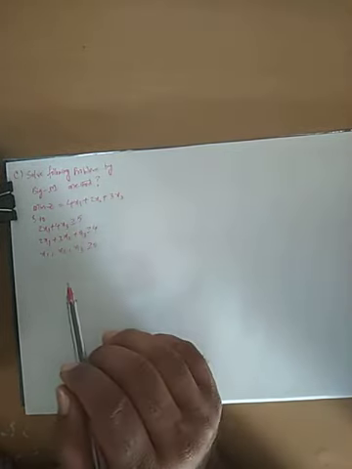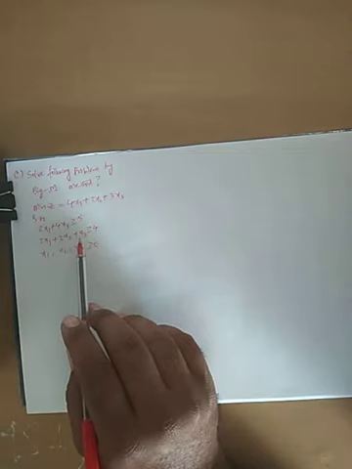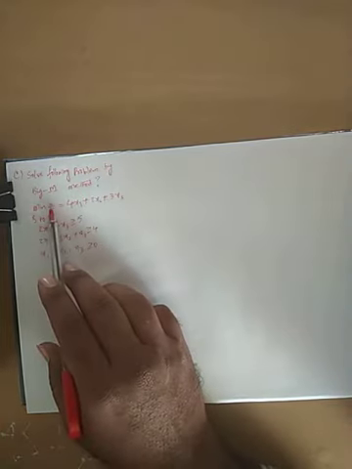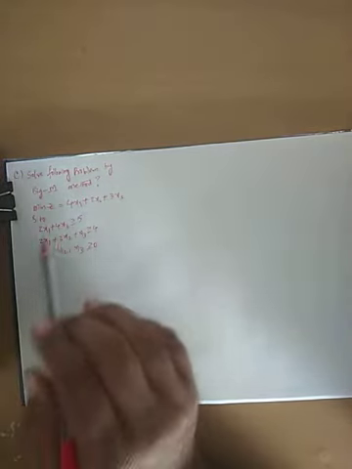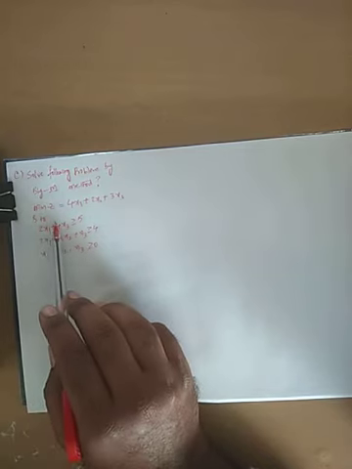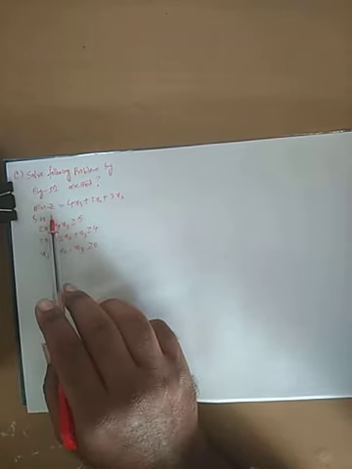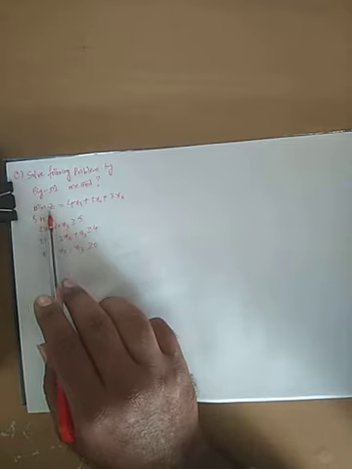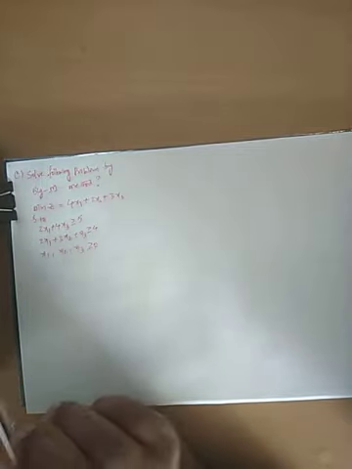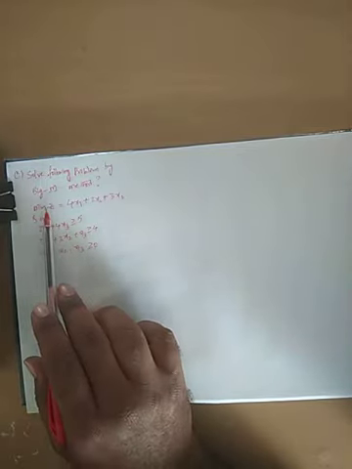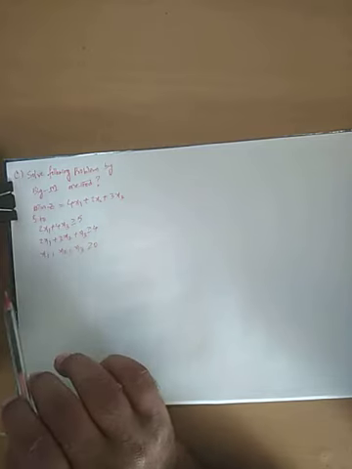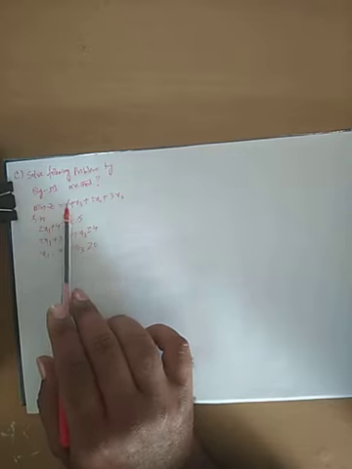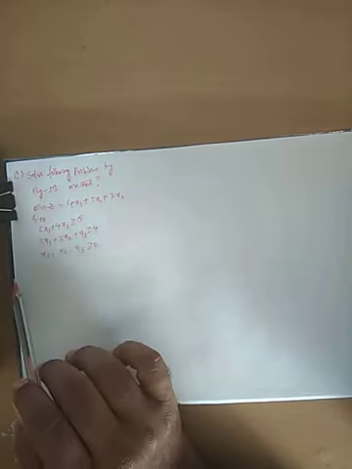All of you look here. This is the given LPP and we solve this problem by using the big M method. Solve the following problem by big M method. Strictly speaking, this is a minimization model. We already solved a minimization problem in the last class. Whether a problem is minimization or maximization, you have to follow our rules. Always we see whether the objective function is max z or not. Here the objective function is min z, so we convert it into max z. You know how to do that.